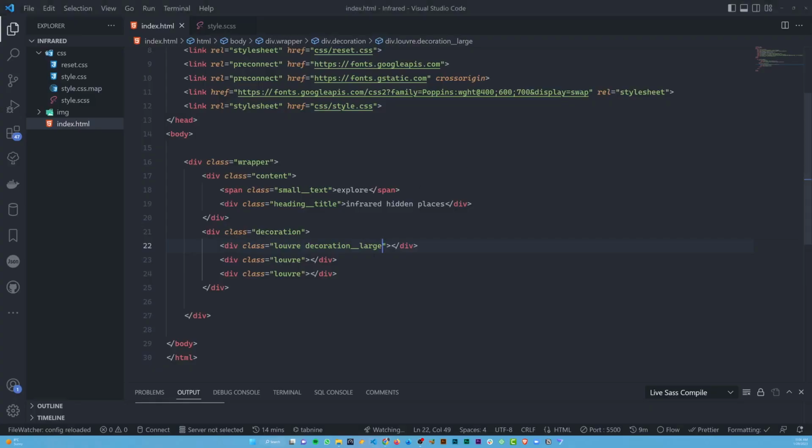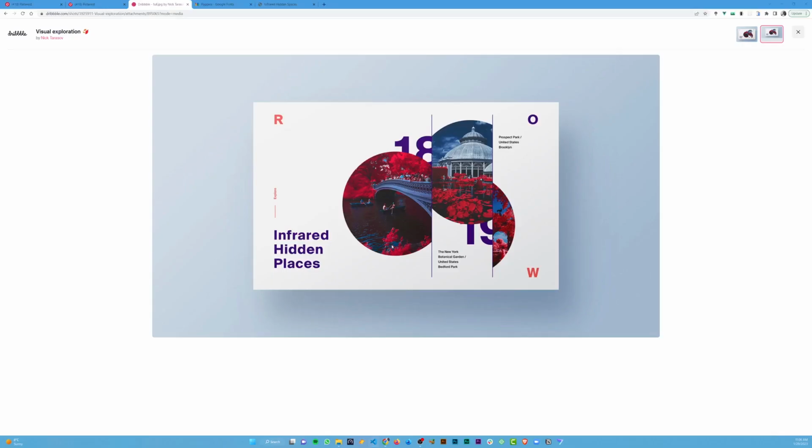So I go do decoration large, decoration medium, and decoration small. So now inside this first decoration, if you observe, you see we get this digit, where it rests at the back of this rounded circle, and inside this circle we get an image. So what we need to do here,